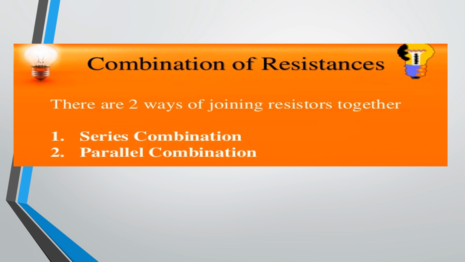Now so far we have discussed a normal resistor, that means only a single resistor connected to the ammeter and voltmeter, and we observed some reading. But when we talk about a combination of resistors, if I take n number of resistors connected in series, what will be the observation? And if I connect the resistors in a parallel combination, what will be the observation? Let's see. First, the series combination of resistors.